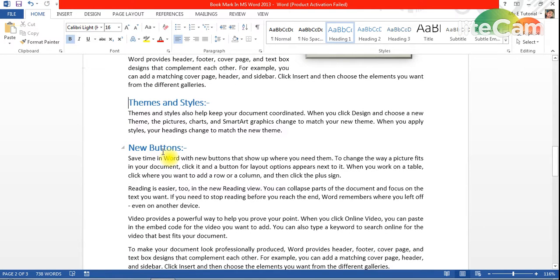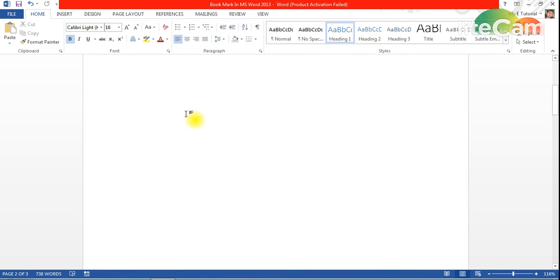So this is the way by which you can operate, update and insert the table, and you can play with the formatting.